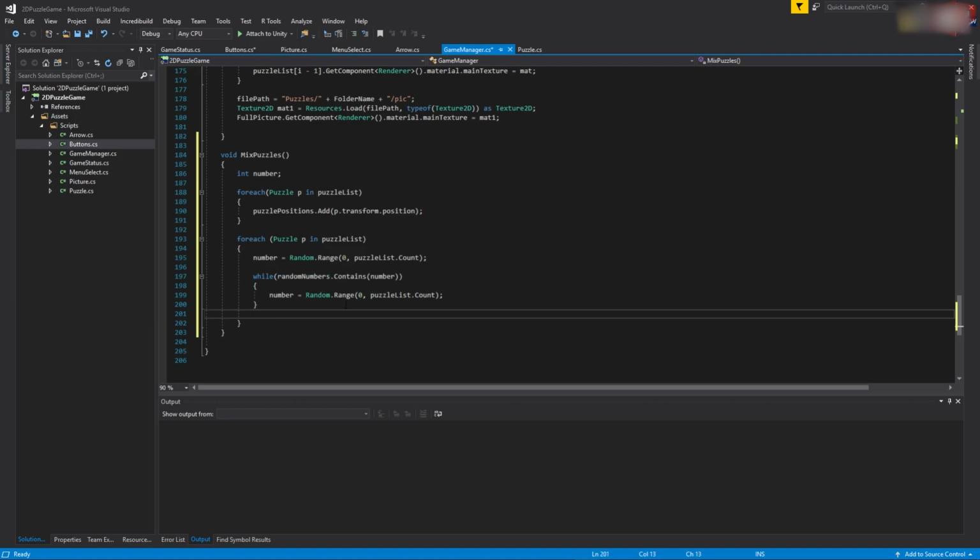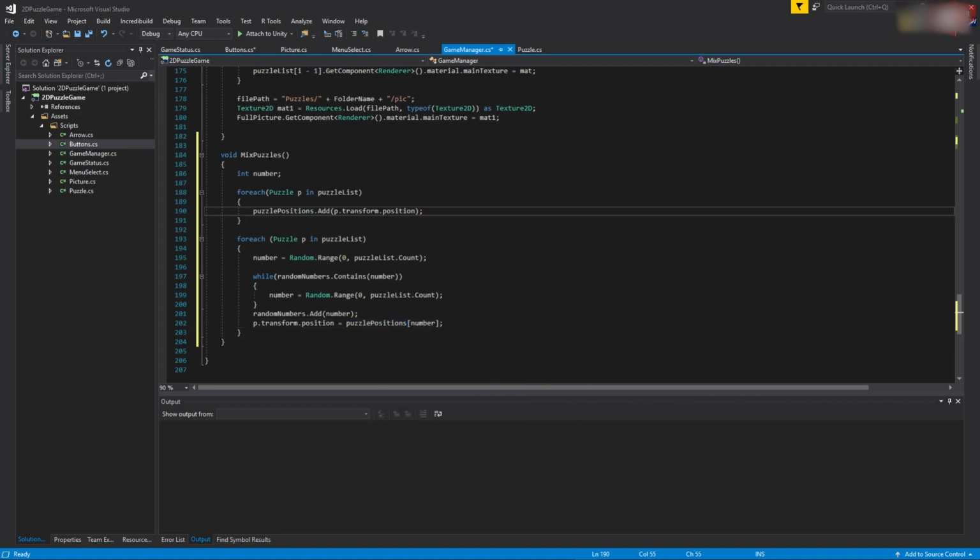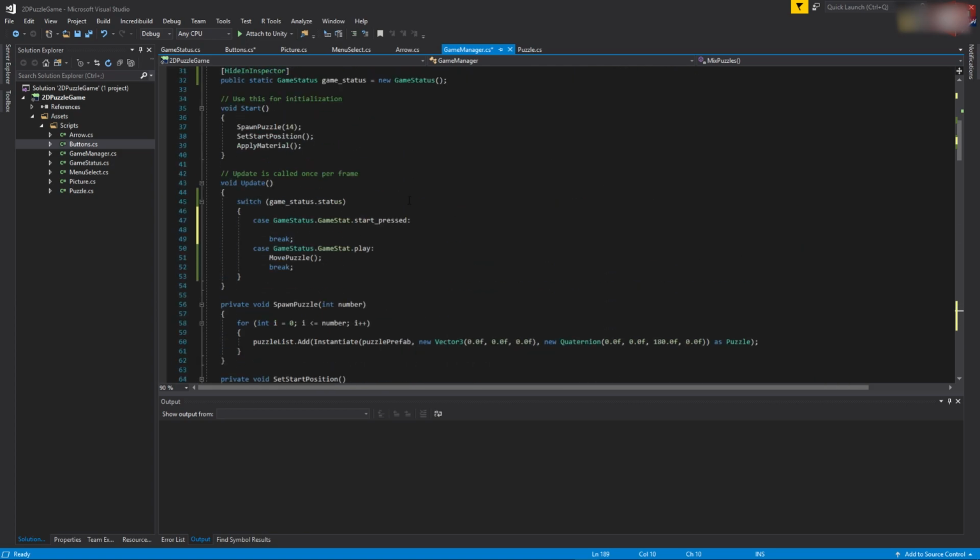If we don't already have that number, then we want to add this number to the random number list, and then we're going to assign the position to this p, which is the current looping element from this list, to be equal to the position of the puzzle with the index, which is this number. Okay, transform.position is equal to puzzle's positions number,